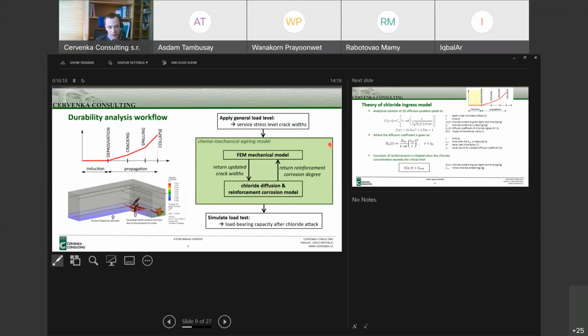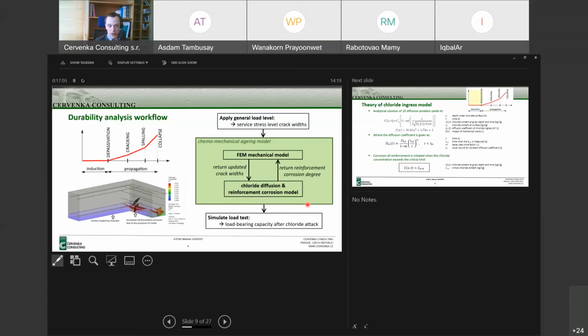Then there is some kind of chemomechanical aging model where at each step you firstly calculate the increase of the crack width, and then through the chloride diffusion model and reinforcement corrosion model, you get the updated section area of the reinforcement. This in return will worsen the resistivity or the load-bearing capacity of the structure, or increase the crack width, and so on, until you reach some state, some age of the structure where you want to evaluate its ultimate load-bearing capacity, and at that